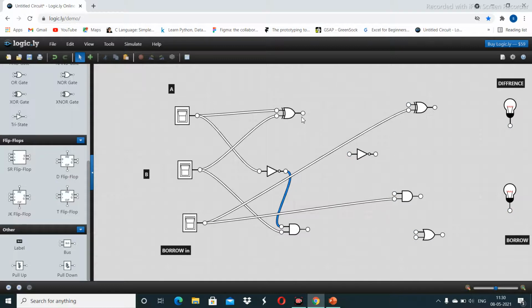Now connect this XOR gate with the second NOT gate input and connect this NOT gate with the AND gate's first input. Now connect this XOR gate with the other XOR gate's first input.